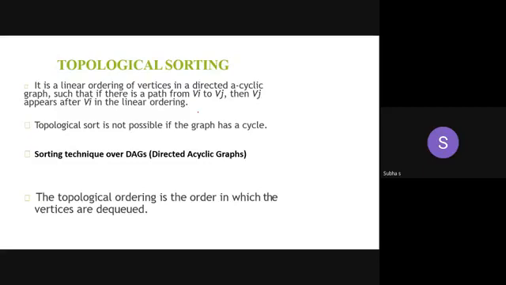Just for easy understanding, I gave that example. You can imagine it also. The model exam will happen after the CT3. So assume CT3 as your vertex A and model exam as vertex B. There is a path from CT3 to model exam. So what you have to do? Vj appears after Va. Model exam appears after CT3.